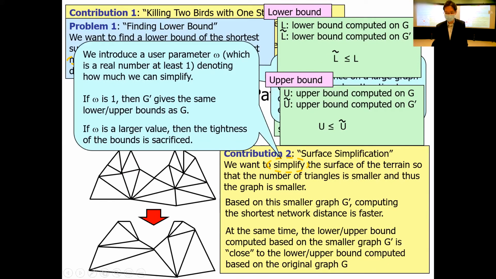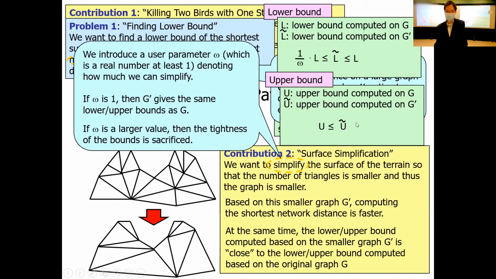Even though we have a looser lower bound, it should not be too small, so we introduce another criterion on the left-hand side: our estimated lower bound on the smaller graph must be at least the original lower bound divided by omega, our original parameter. If omega is equal to 1, our estimated lower bound is exactly the original lower bound.